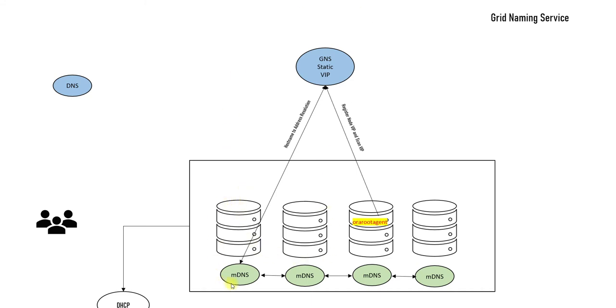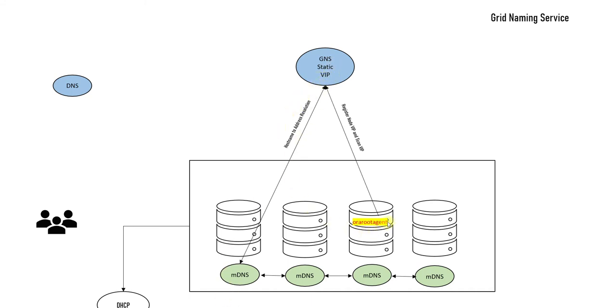Every node has an MDNS process. This is also a cluster aware resource, okay, a cluster service running on each and every node, the MDNS service. What it does is it resolves host name to address. So the MDNS service has the functionality of looking at the interfaces, finding out the IP addresses and resolving those to the host name, okay. If MDNS has the information, it passes that information to the GNS as well.